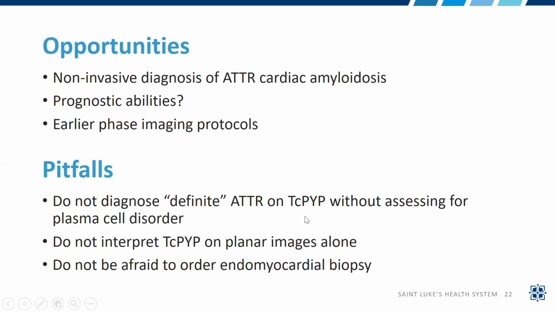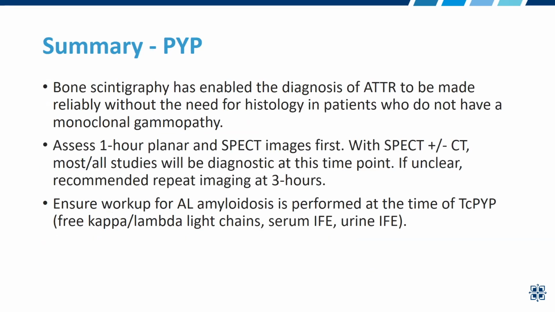And pitfalls that I want to talk about: don't diagnose definite ATTR on pyrophosphate testing without checking for a plasma cell disorder. Don't interpret PYP on planar images alone. And don't be afraid to order an endomyocardial biopsy. It has enabled the diagnosis to be more reliable and to be reliably made without needing a biopsy, which is fantastic. But really need one if in equivocal type cases. Really have to work up AL amyloidosis and